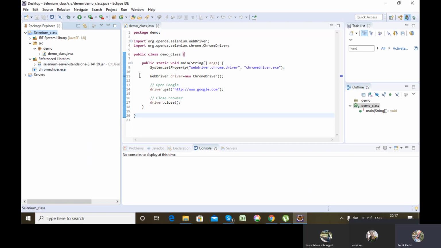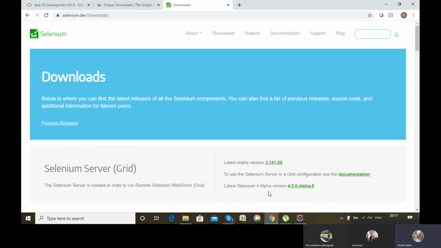Then the third step is the browser in which we want to run the script. Let's say for example I want to run the script in Chrome. Chrome is itself a standalone application for this operating system. Got my point? So what we have learned in Selenium, right? We can't handle standalone applications.